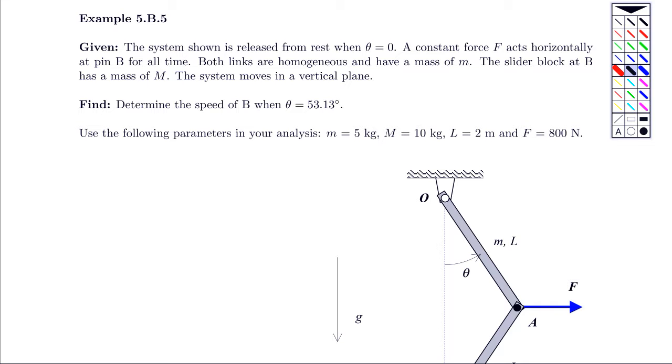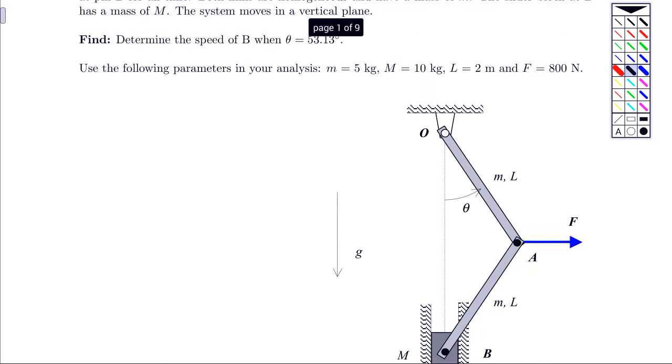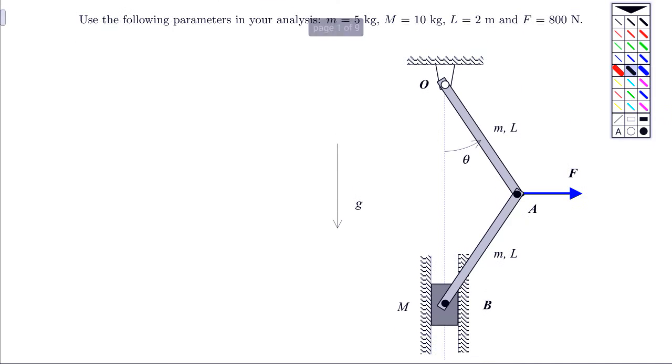What we know is that the system is released from rest when theta is 0, and the force is constant. What we want to find is the speed of the slider at B when theta has reached this angle of 53.13 degrees. We're looking for a change in position and a change in speed, so the work-energy equation would be a logical choice